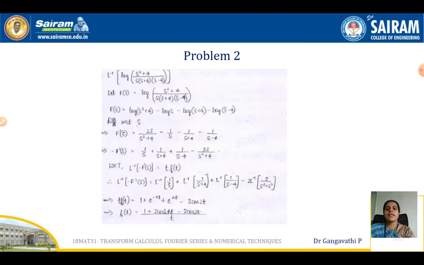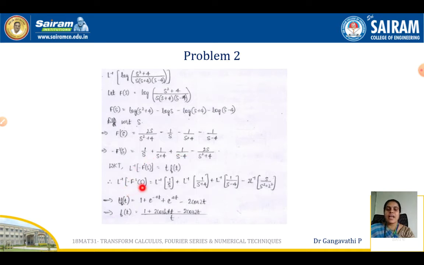And we know that L inverse of minus f dash of s is equal to t into f of t. The same result I had explained very clearly in the first problem. The same way you have to take it here too. Try to analyze your Laplace transform differential property and inverse Laplace transform. It is always better to have the list of inverse Laplace transforms with you until you remember all the things. So here L inverse of minus f dash of s is t into f of t. So take L inverse throughout for this expression.